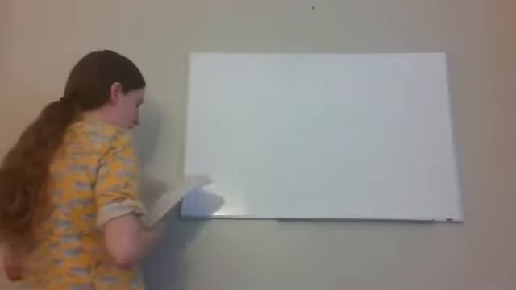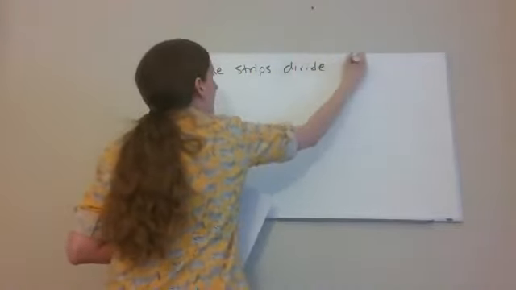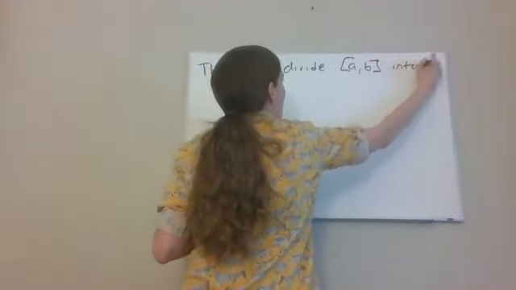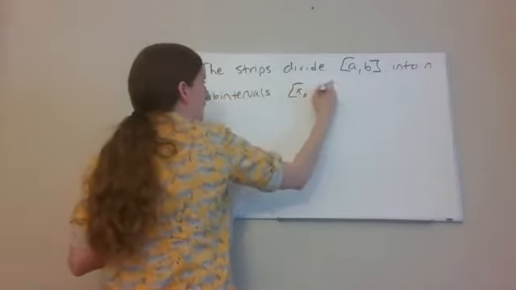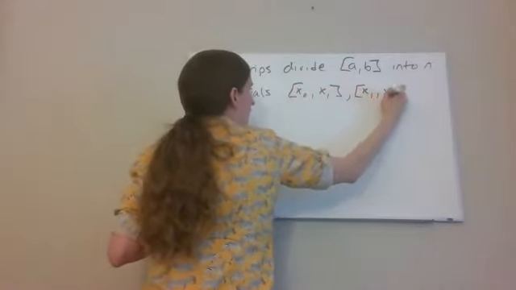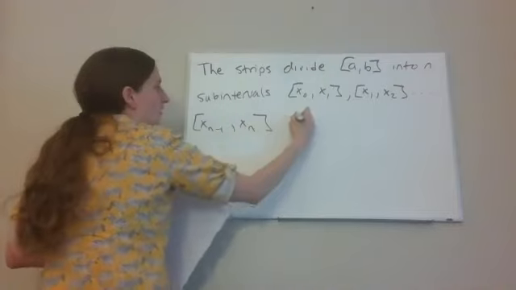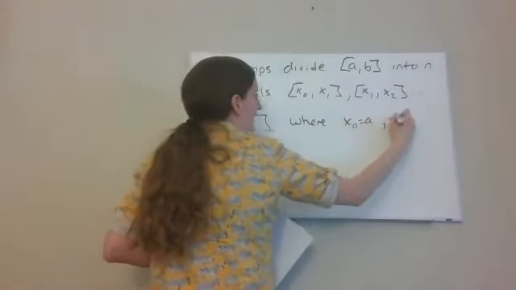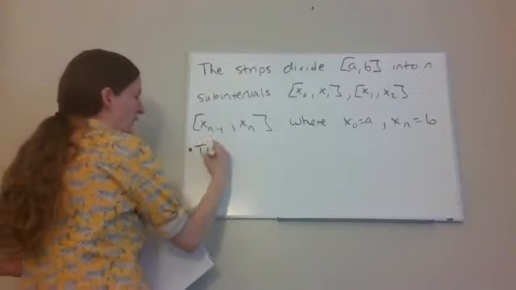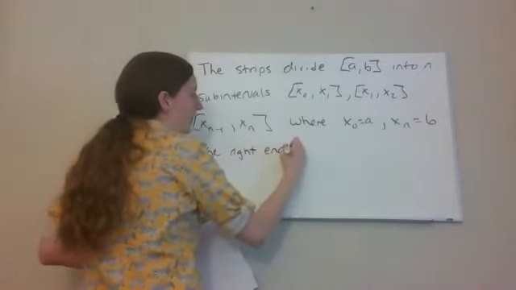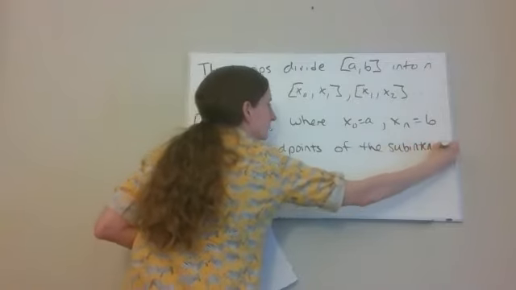So when I divide it into these strips, the strips divide my interval AB into n sub-intervals: x0 to x1, x1 to x2, all the way through xn minus 1 to xn, where x0 is a and xn is b. And I'm going to use right endpoints. The right endpoints of the subintervals are